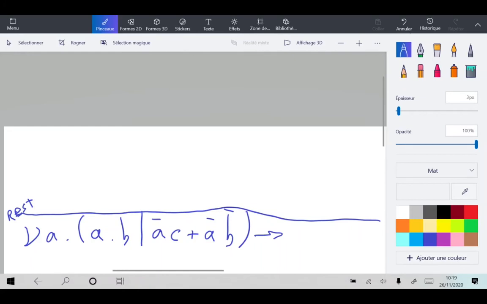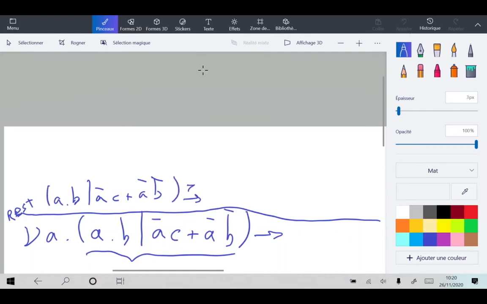It says it's a new A with some term P. So P is this big thing. And I must see what I can do. I cannot do A, and I cannot do A bar, because A is restricted. So in fact, the only option is for this term to do a tau. How come? Because here we can do a com rule, the communication rule.